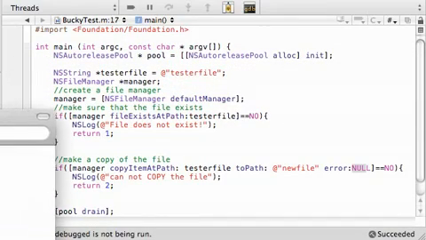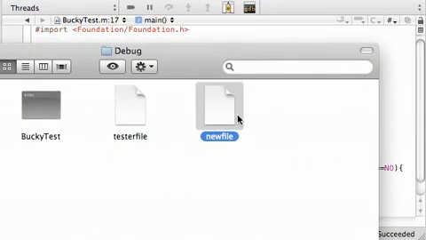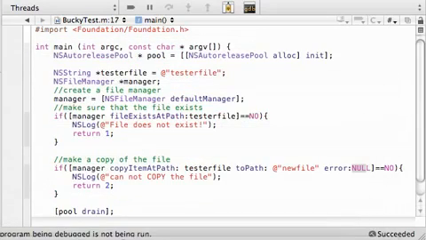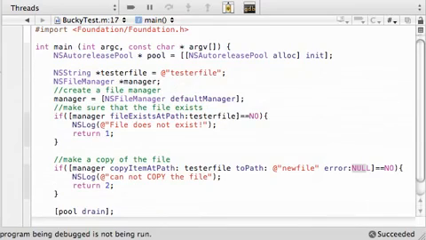Why can't I copy it again? Because when I try to copy it again, a file already exists called new file. So when you say, alright, copy this file to this path, it says, hold on, buddy, we already have a path called new file. So go ahead and delete this, move to trash, and now I can go ahead and show you the next